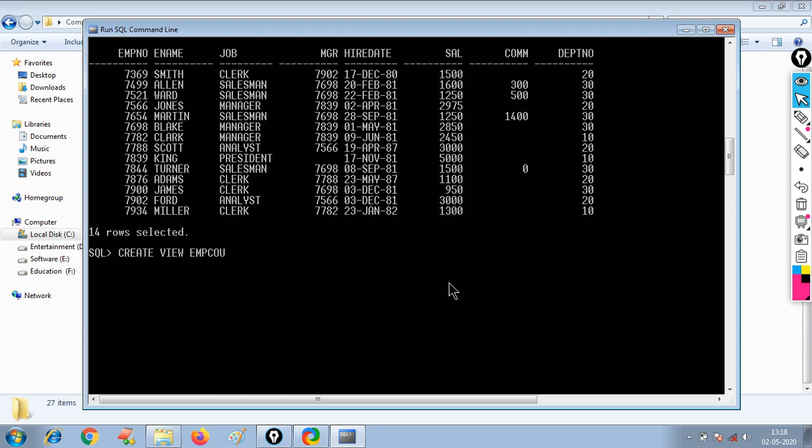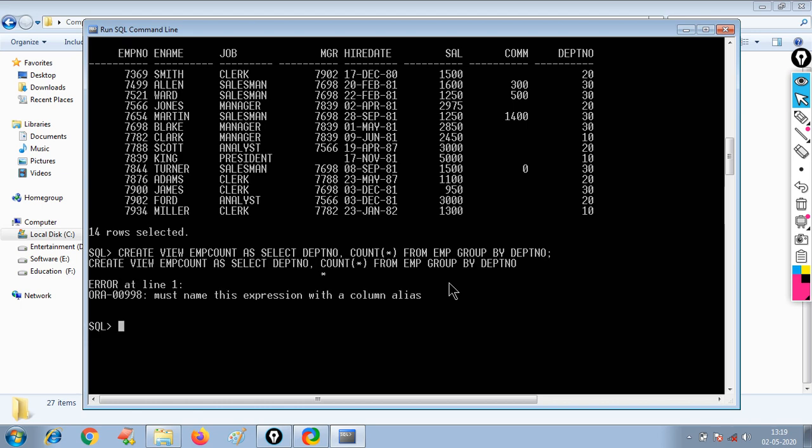If I write create view employee count as select department number, count asterisk from EMP group by DPT number. Let's say I am displaying the department-wise count, and that is stored in a view called employee count.